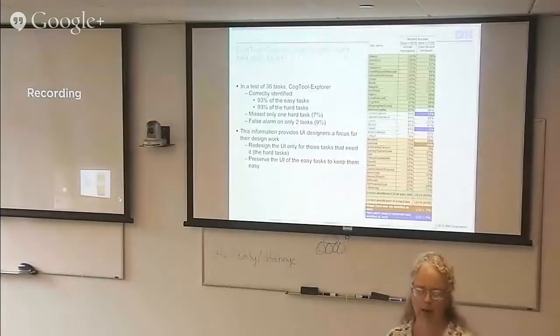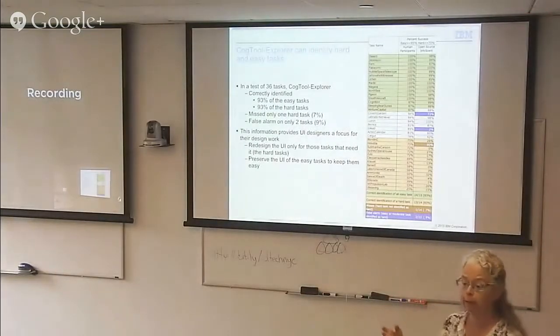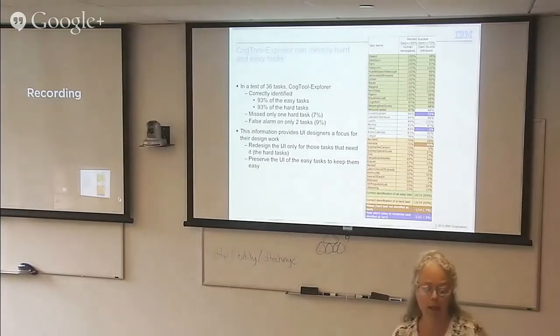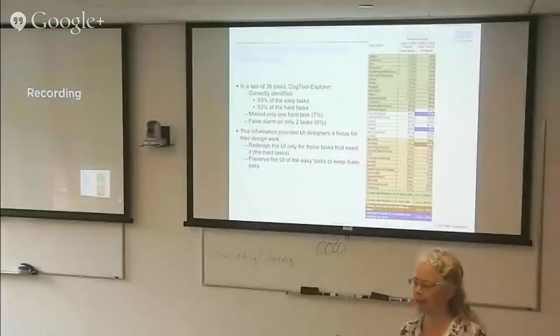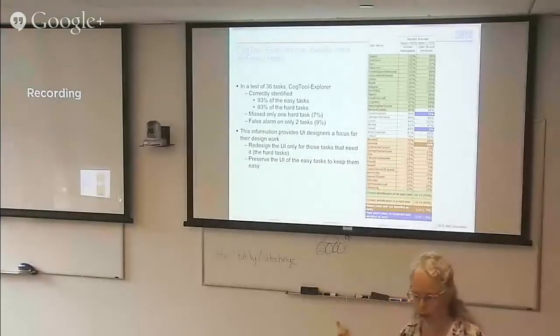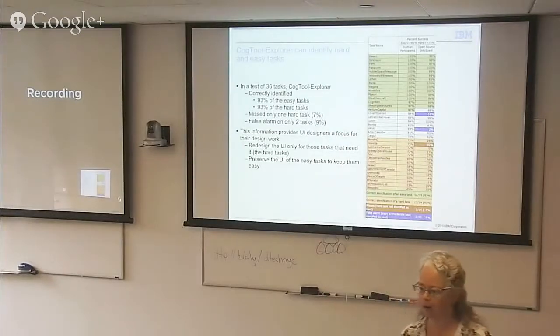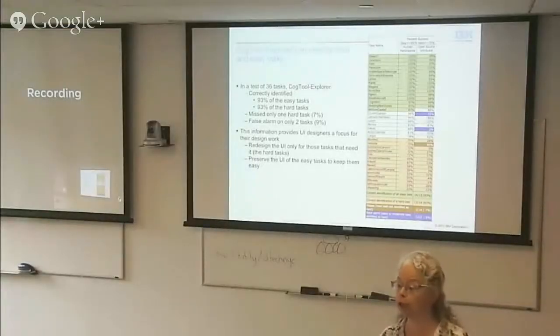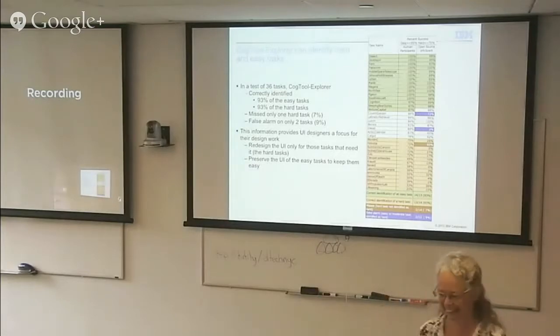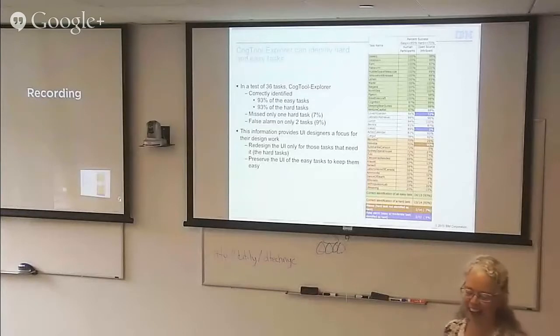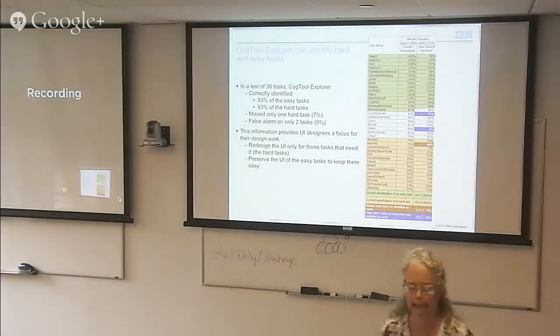So we get quite good accuracy. Remember, I said you have to know what the accuracy is. Also remember, user testing has an accuracy as well. It's not 100% of the truth either, because you're taking 10 people and trying to predict the whole population. People tend to forget that sampling and experimentation also has an accuracy. Well, what's your gold standard? You've got to compare. Yes, right. The gold standard would be testing everyone, which is intractable. That's right. But in 36 tasks, Cog2 Explorer correctly identified 93% of the easy tasks,